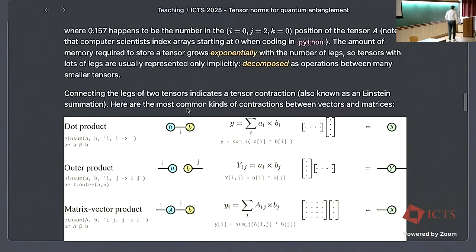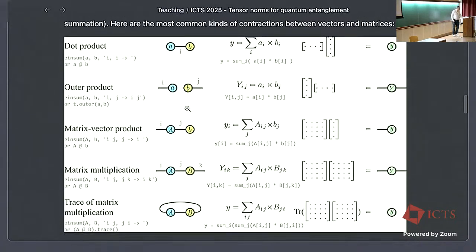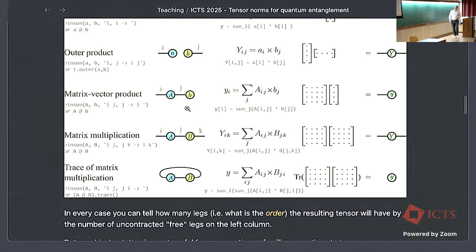Right? So I hope you get the idea. This is the matrix product. You have two matrices, capital A, capital B. You multiply them, you sum over j, i and k are free, and you get this matrix Y, which is the product AB. And the trace, now there are no free legs, so this diagram here corresponds to a scalar because I don't have any legs sticking out. And I have two indices here, i here and j here, and I sum over them. And what I sum is A_ij B_ji, and here you recognize the trace of A times B.